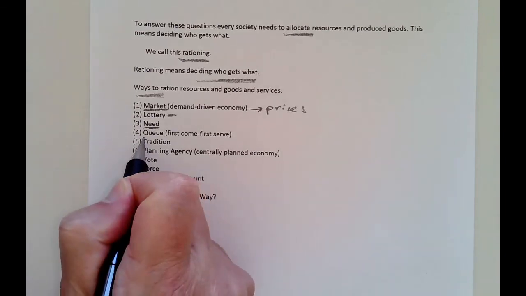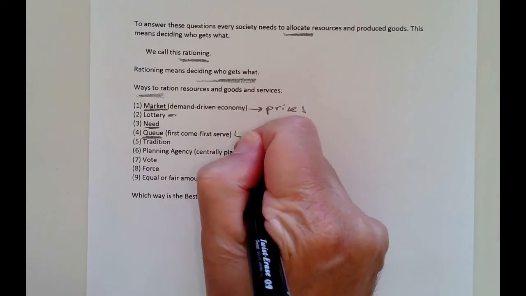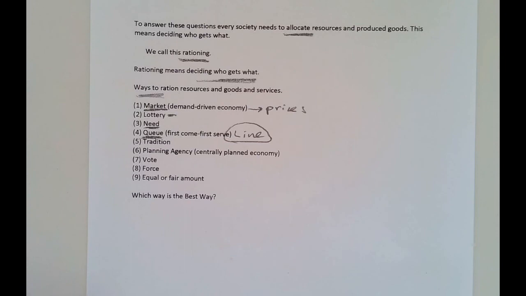We can also allocate things by what's known as a queue, which is a fancy word for first come, first serve, essentially a line. And so many times that's how we allocate things at the small level. So if you have a restaurant and it's very popular, you would have a wait list. If you want to get inside Disneyland to get on a ride, there's a line you have to wait in,